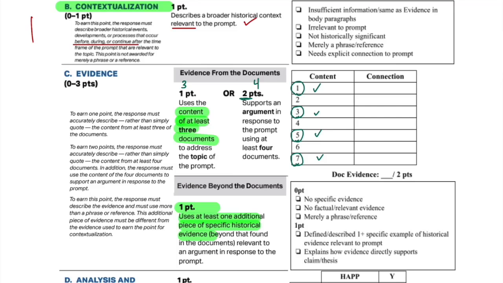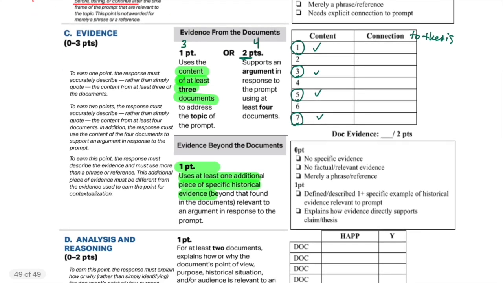So this is how I'm keeping track through your essay of which documents you used and how to properly allocate you points. Then for HIP, I go through and I circle which one I think you did. Let's say H for 1, I for 2, P for 3. You only need to do 2. Let's say you do 4 just to have a backup. That's still only 1 point. So you have 2 content, 1 HIP. So when you get your feedback on this essay, you're going to see exactly which documents I gave you credit